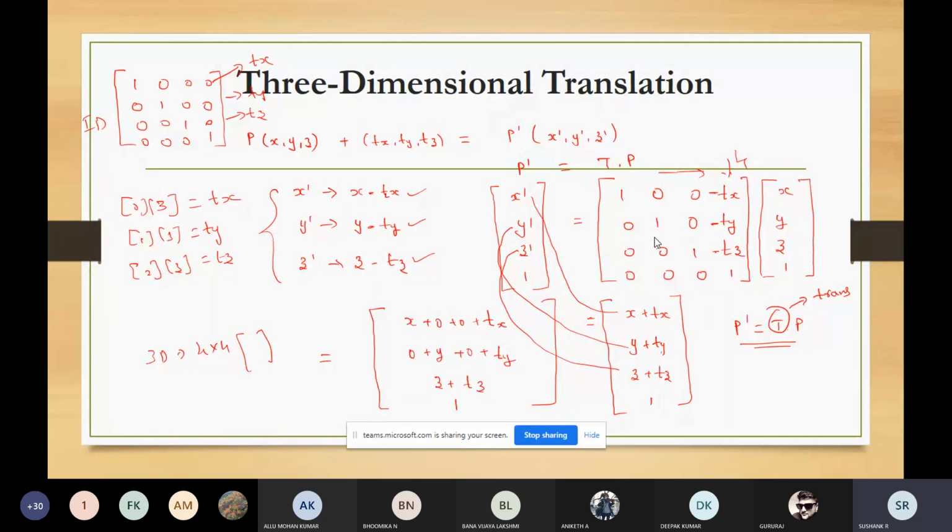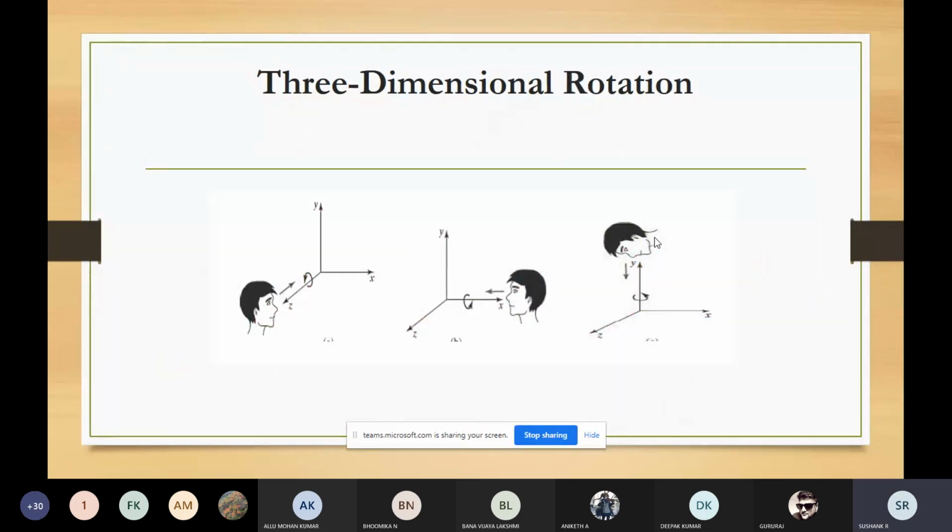As usual, we'll go to rotation. So what do you mean by rotation? Rotating an object, as in 2D. In 2D, what we studied was rotating an object with respect to the x-axis or y-axis, using theta, where a positive value of theta means counterclockwise, that is anti-clockwise direction, and a negative value of theta means the clockwise direction.